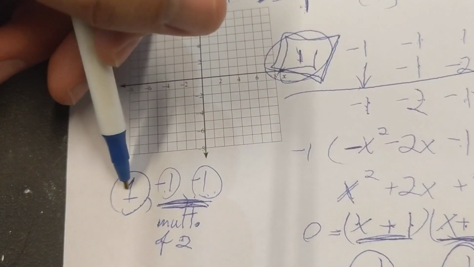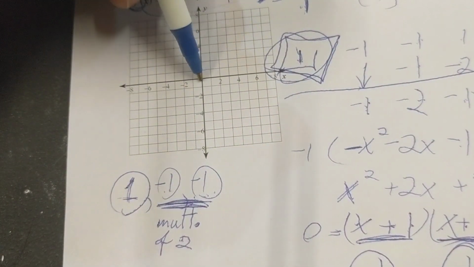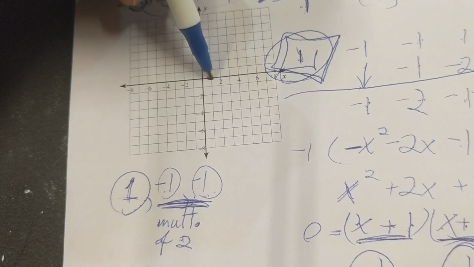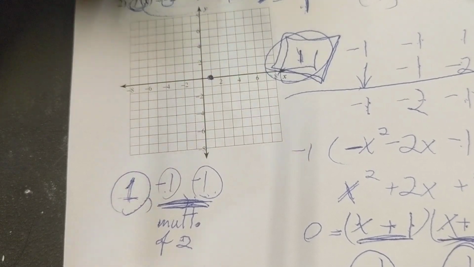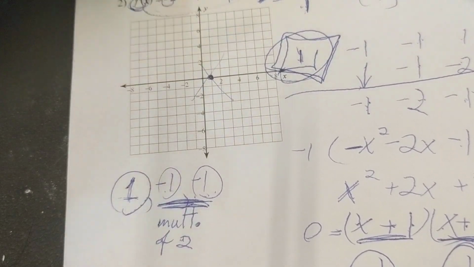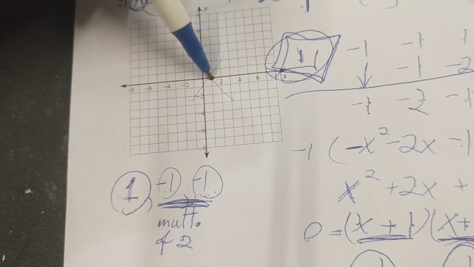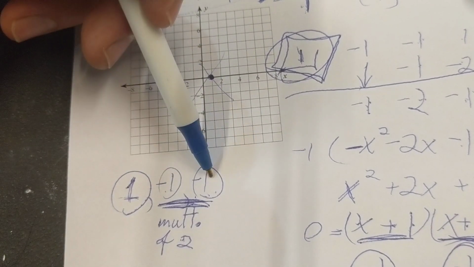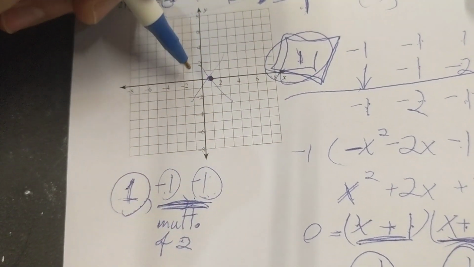So let's see here. If my first zero is at 1, that means I go to positive 1, and that's essentially an x-intercept there. I hit the x-axis, and it'll go through. I don't know if it's going downhill or uphill, but at some point our function is going to pass through that dot. And then at -1, we have a multiplicity of 2, and what that tends to look like, guys,